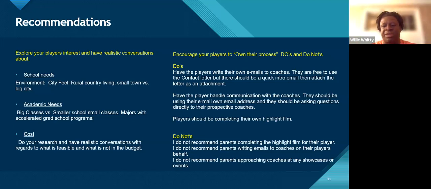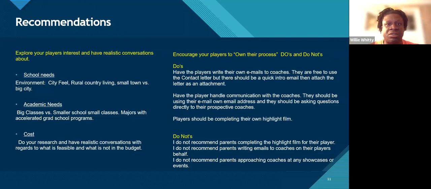You want to get into having some of these conversations really before you start diving into those ID clinics. You're going to drive interest in your player, but you're going to know at the end of the day what might be a better fit and what might be the right fit, versus getting in over your head and all of a sudden not being sure exactly how you're going to cover costs.